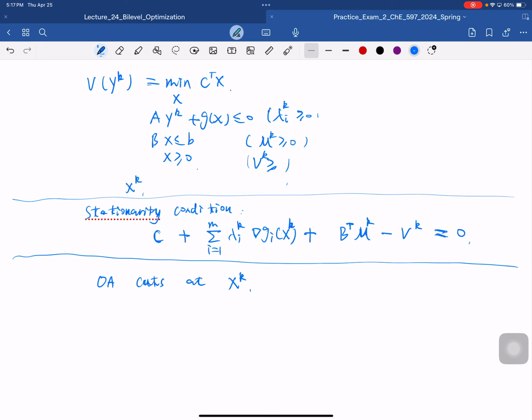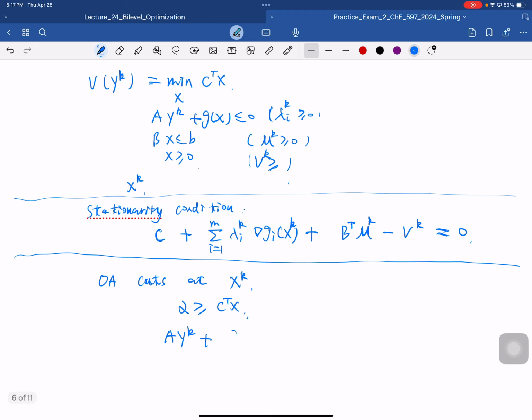The outer approximation cuts at xk would include, first of all, the objective: alpha is greater than or equal to C transpose X. Then we have a YK plus the G of XK plus the gradient